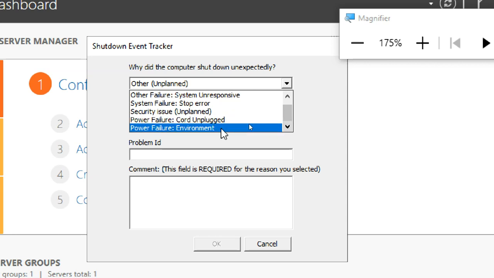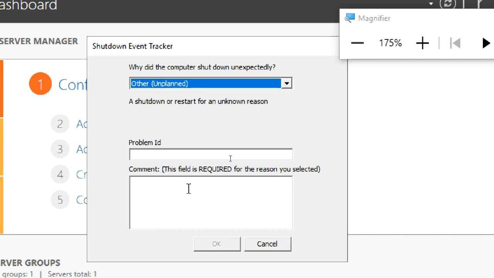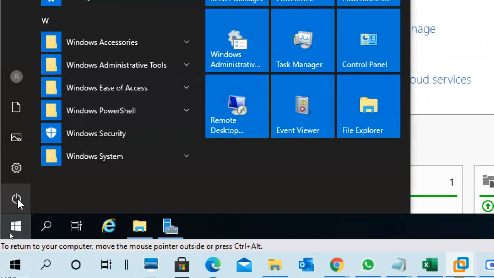So you have to tell why you shut down the PC last time. While you are shutting down the PC, it will also ask for that option. You can put anything, no problem. Compulsory putting is not there.